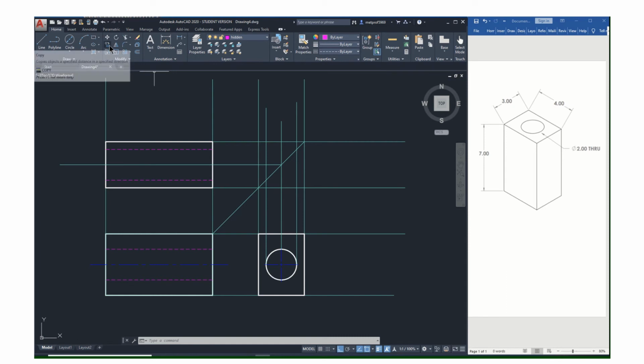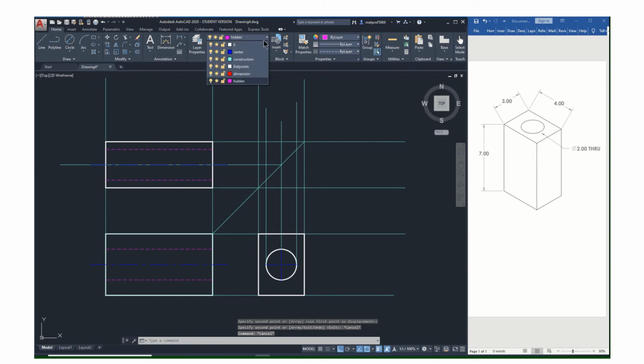So go to copy, click on that center line, hit enter because you've chosen the object you want to copy. And then you need a base point to start from. It can't just be a random point. It needs to be something I can reproduce and control. So if I click on that intersection right there, and then do the same up there, it'll copy that center line. Hit escape. And now I can come up here and just turn off